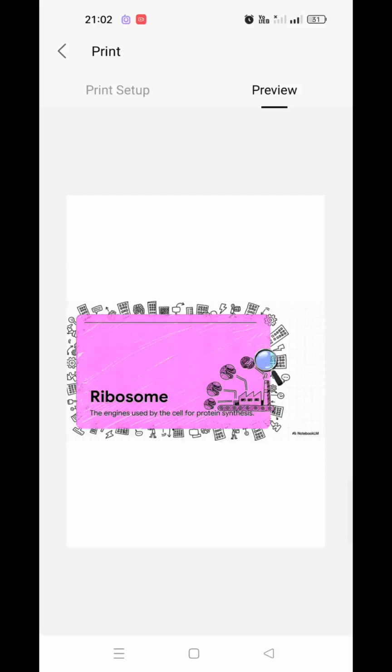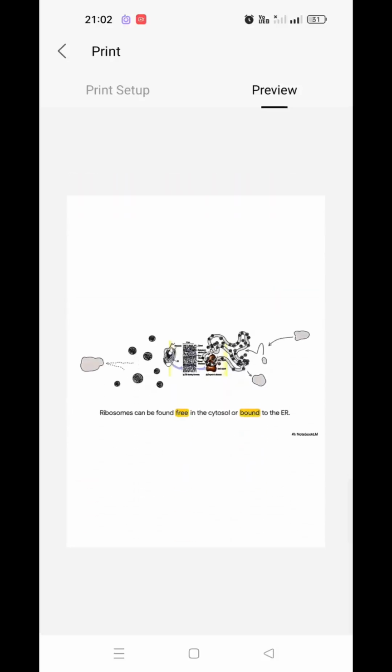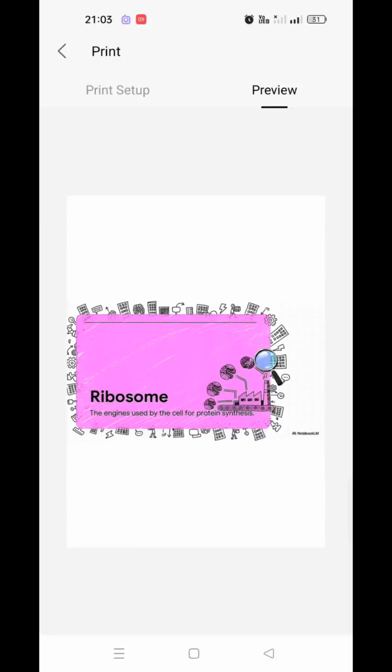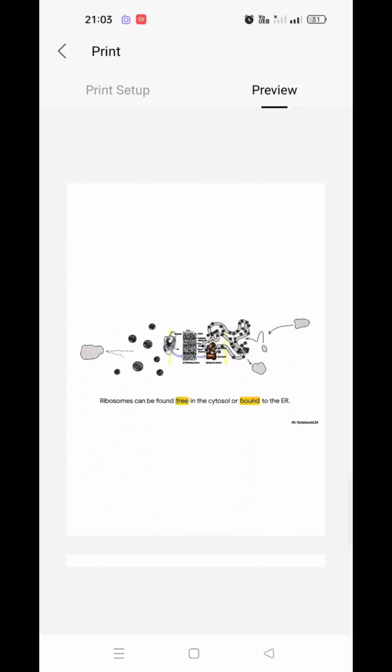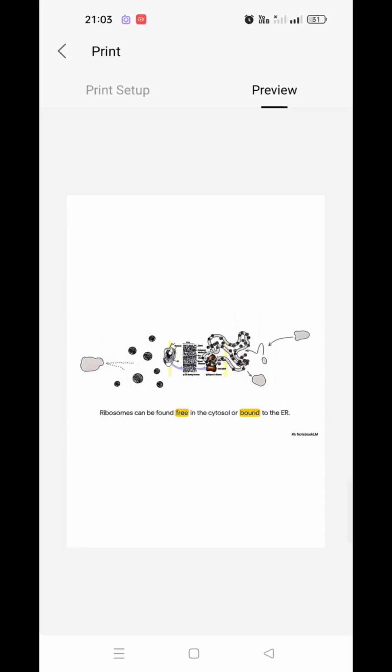Ribosome acts like an engine for protein synthesis inside the cell. Ribosome is the smallest cell organelle inside the cell, and it is a membraneless cell organelle, which is universally present in both kinds of cells, eukaryotic as well as prokaryotic cells. These minute factories cannot be observed without a microscope.